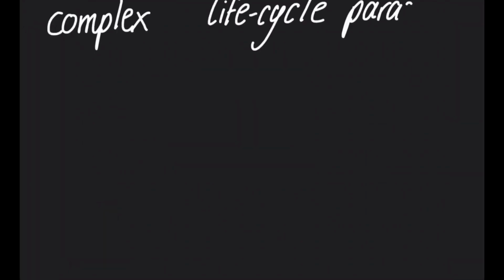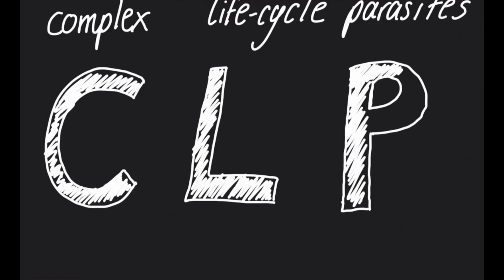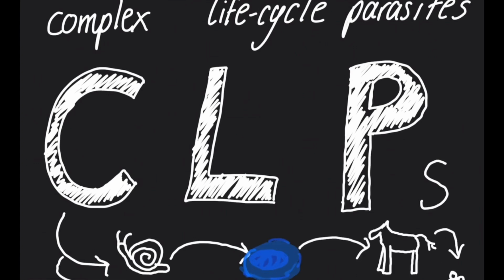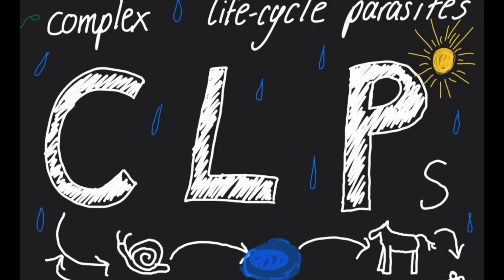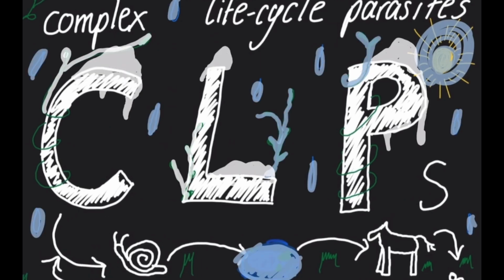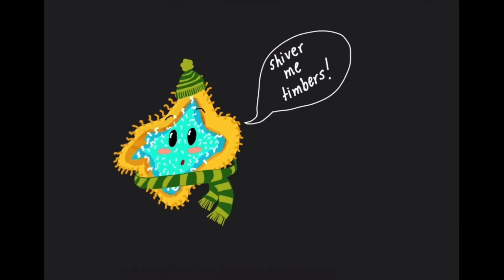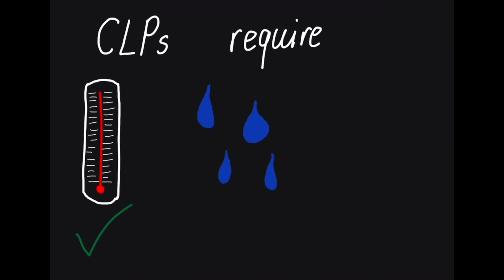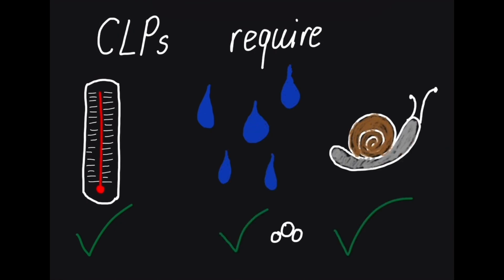Take complex life cycle parasites, or CLPs, as an example. These are parasites that rely on multiple hosts and the environment to complete their life cycle. So, they tend to thrive in warm, wet, tropical conditions that mirror their host's internal body. This means that CLPs are far more common during warm, wet periods and less so in colder, drier, or icy conditions. Shiver me timbers. Because CLPs need the right temperature, humidity, and host conditions to survive,